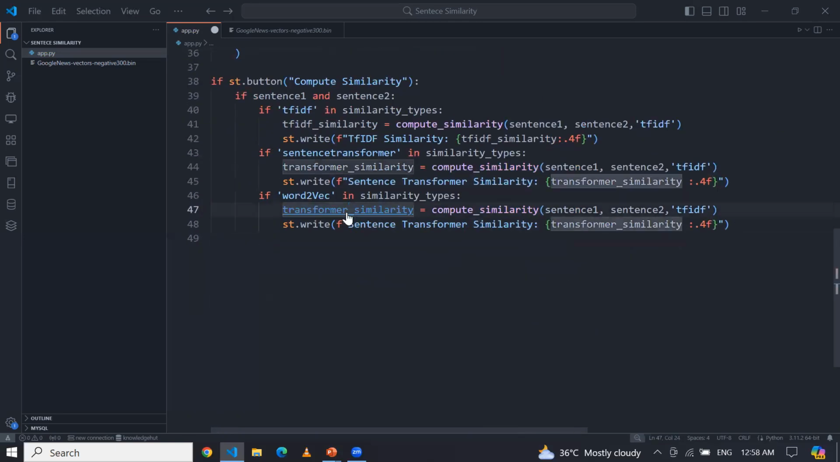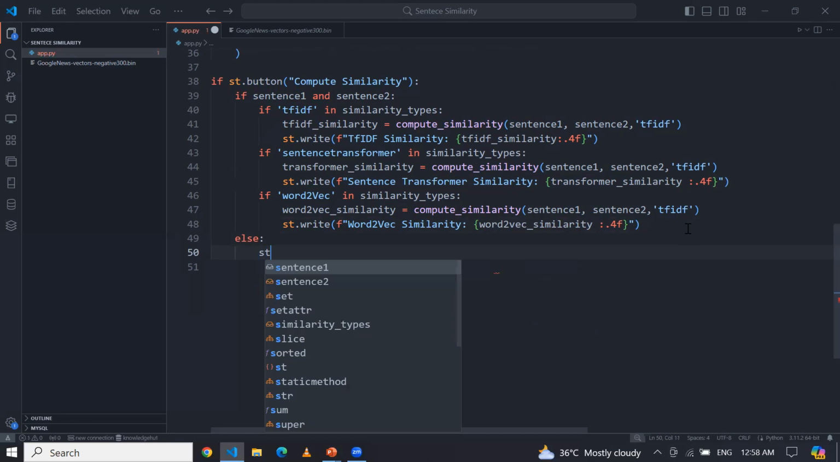And now Word2Vector. Same thing. And here, guys, Word2Vectors. Simple concept. If you are not using any particular similarity type, so st.write,